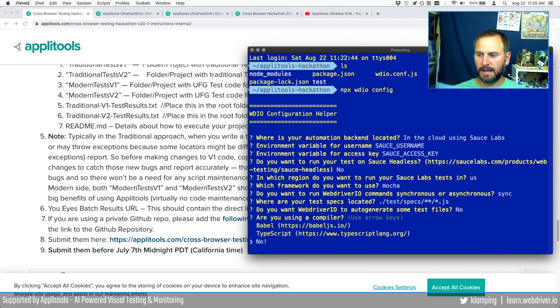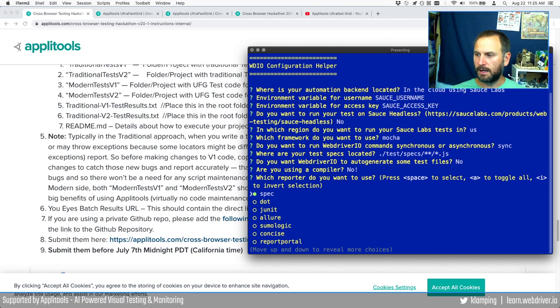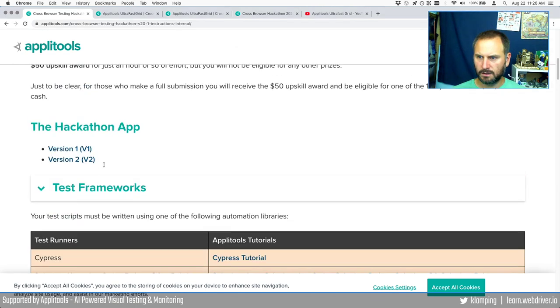Are we using a compiler? We're going to go with no, because that's just going to make things a little bit too complicated. Reporters, we're just going to go with the spec reporter. At the end of this, probably on stream number 4, if we have time, we're going to look at writing